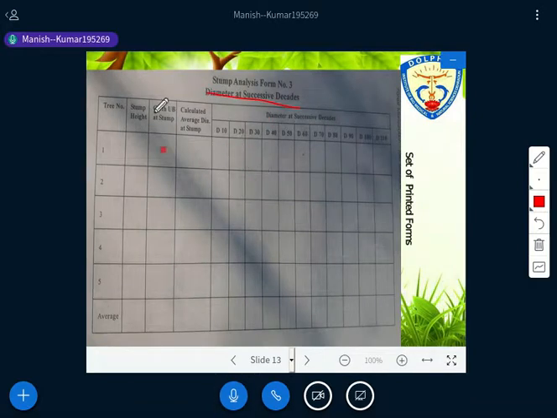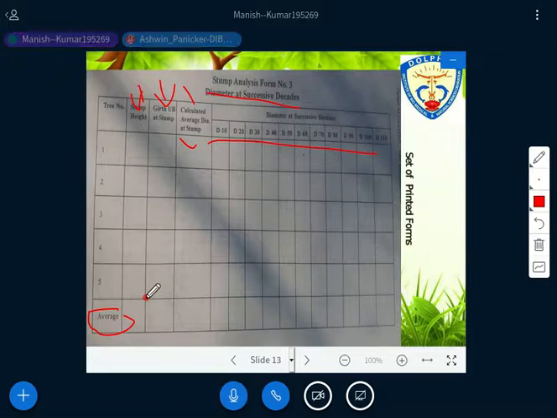Just look at here. You have a stump height. First column, stump height. This is the tree number 1, 2, 3, 4, 5. Then we have a girth under bark at a stump. Then here you can have a calculated average diameter at stump, right? Average diameter is there. Then you have a successive diameter. You just look at the decades, D10, D20, D30, and I have already explained D10 everything in the stem analysis also, isn't it? And then we calculate the average. All these forms are visible on all of your screens, na? Is it clear to all of you?